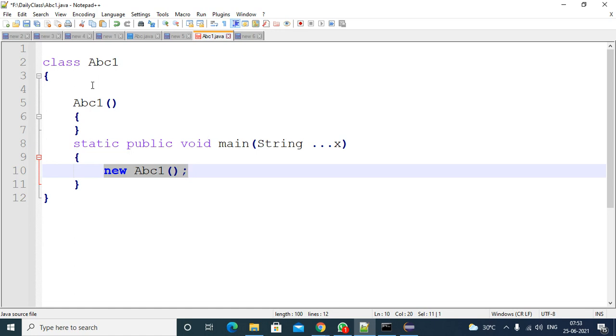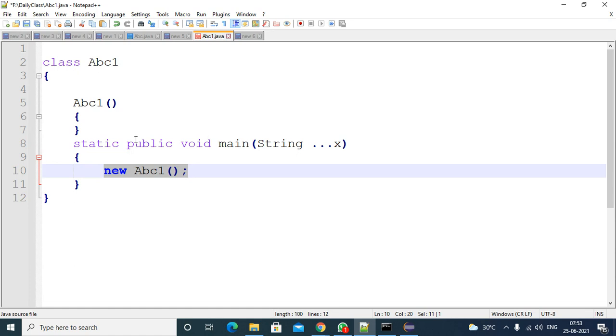After the instance blocks execution is completed from top to bottom, at the last step the constructor will be called and executed. So whenever you create the object, it will not immediately call the constructor, but at the backend some steps are there. In those steps, instance block execution is also one part.